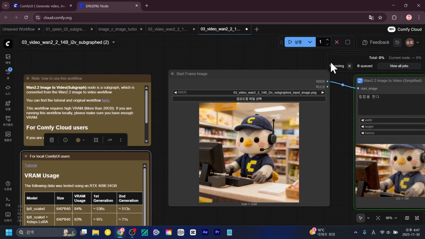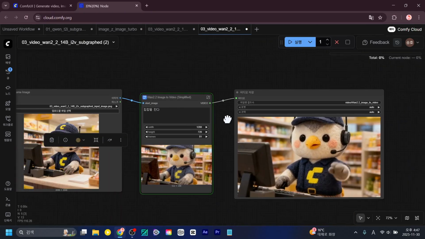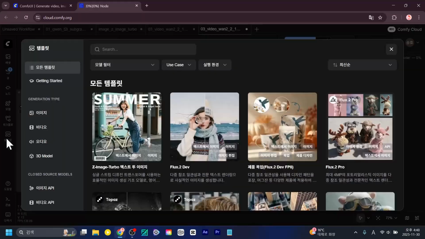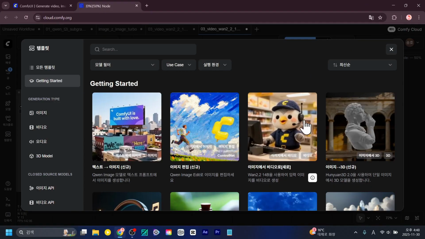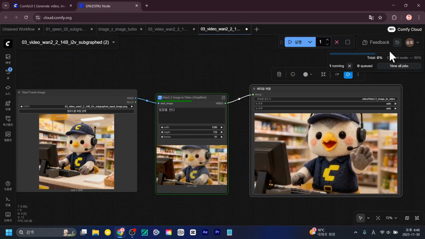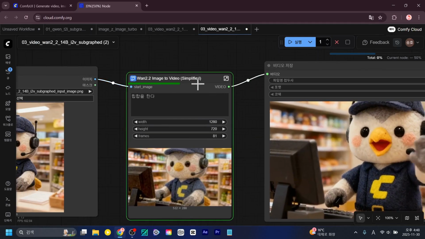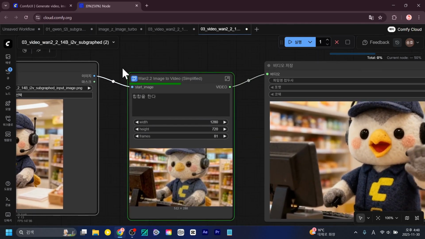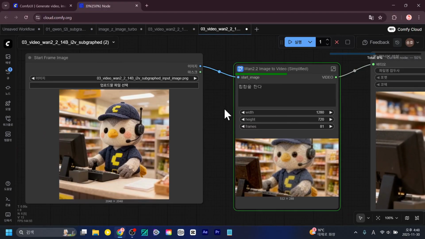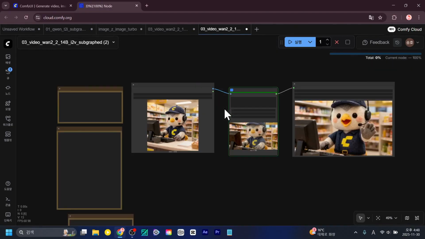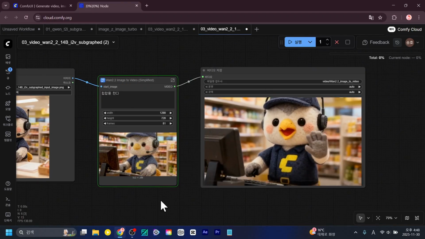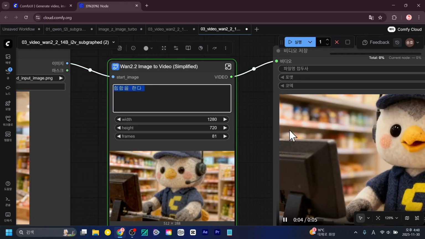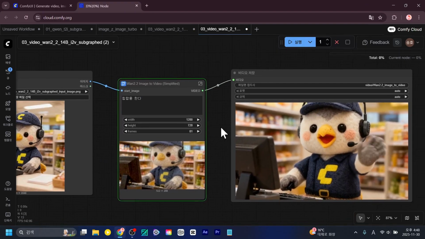Since this is probably your first time using ComfyUI Cloud, we're going to try out some simple things together, like the Z-Image and Qwen-Image templates, and then use the image to video WAN 2.2 14B features. We're testing them out one by one like this. Besides that, you can also try using other templates if you want. In this lecture, we'll just try out about 3 of them as a sample and then wrap up. Let's watch the video once it's out. The prompt is doing hip hop in Korean, so let's see if it recognizes it properly.